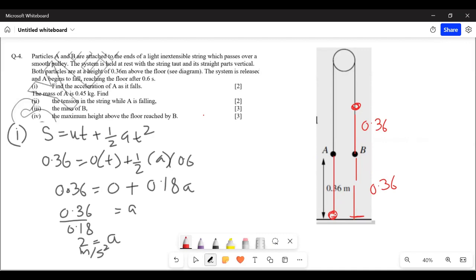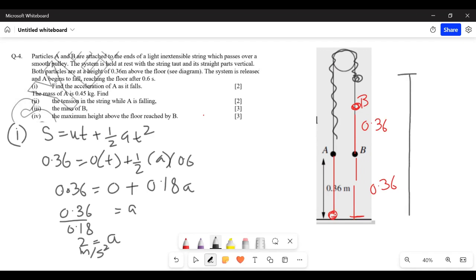लेकिन हमने थ्योरी पढ़ी हुई है कि जब A आके इम्पैक्ट करता है विद द फ्लोर, तो B जो अभी इधर है वो थोड़ा सा और ऊपर जाता है, क्योंकि स्ट्रिंग हो जाती है स्लैक। ये स्ट्रिंग सारी स्लैक हो गई, और B यहां तक आएगा, बाउंस तो नहीं कह सकते, लेकिन एक उसको जर्क मिलेगा और वो ऊपर आएगा और फिर नीचे जाएगा। ठीक है, वो ये मैक्सिमम हाइट पूछ रहे हैं कि यहां से लेकर यहां तक हाइट क्या है, पूरी हाइट बतानी है। तो 0.36 प्लस 0.36 प्लस बाकी हाइट। अच्छा जी, अब ये हाइट कैसे निकलेगी? हमें यहां से लेकर यहां तक का s चाहिए।